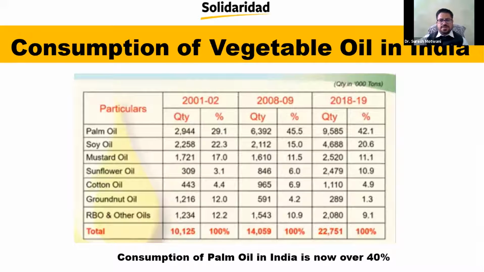So what I want to say is that the demand for edible oil in India is increasing, but the ratio of palm oil import is not increasing as fast as the demand. And this is the most important point: India is a preferable country for palm oil, not only because of cheap oil. As Tanushri already mentioned, palm oil is not cheap oil as such, but I'm talking in the context of the pricing of the other edible oils available. We will discuss this further in the coming slides.